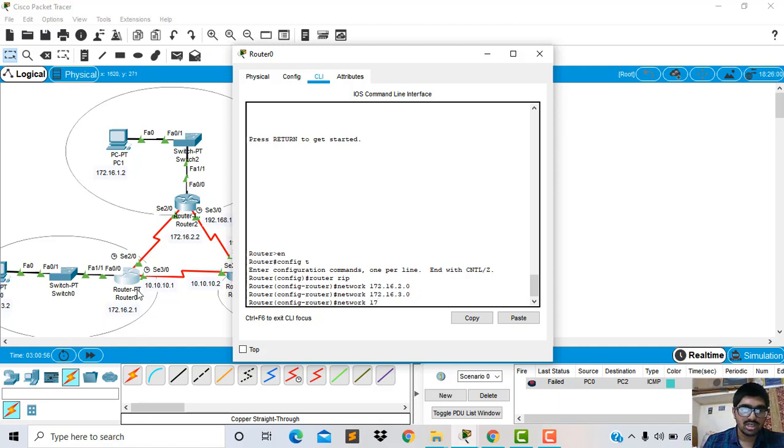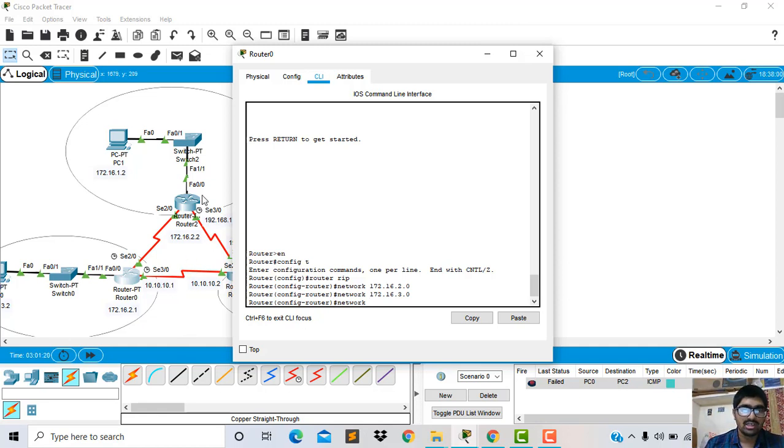Router 0 to router 1 is 172.16.2.0. The packet will check the IP address of that router, 172.16.2, and go according to that network and get the information from that PC.